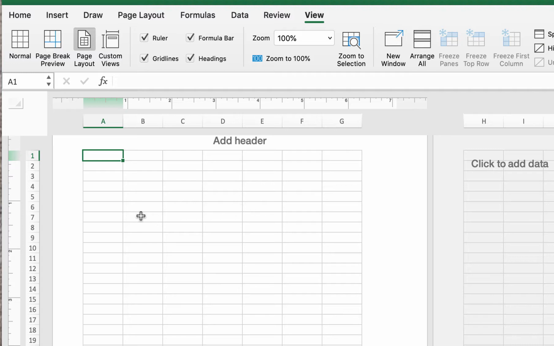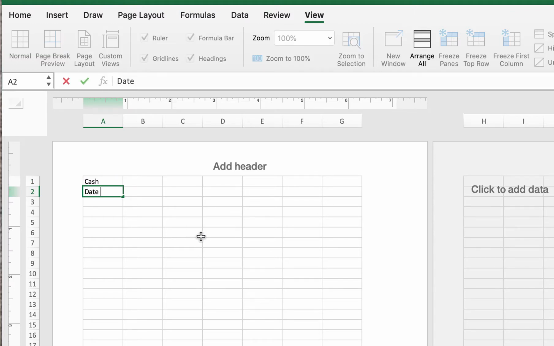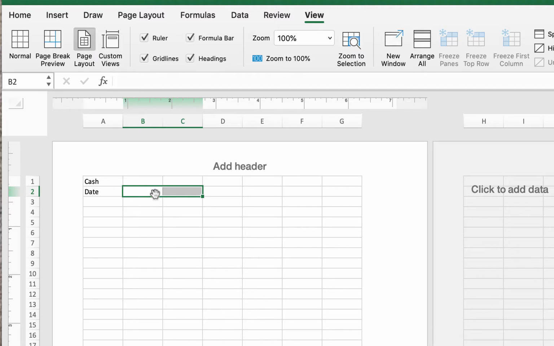So the first thing I want to do is I'm going to create, again, the ledgers, okay? So the first ledger I'm going to have is going to be my cash ledger. So in cell reference A1, I'm going to type in cash, obviously, right? And then underneath that, we're going to have date, okay? And then I want to put a little spot for my explanation. So I'm just going to use two cells, specifically B2 and C2, and I'm going to merge and center those,